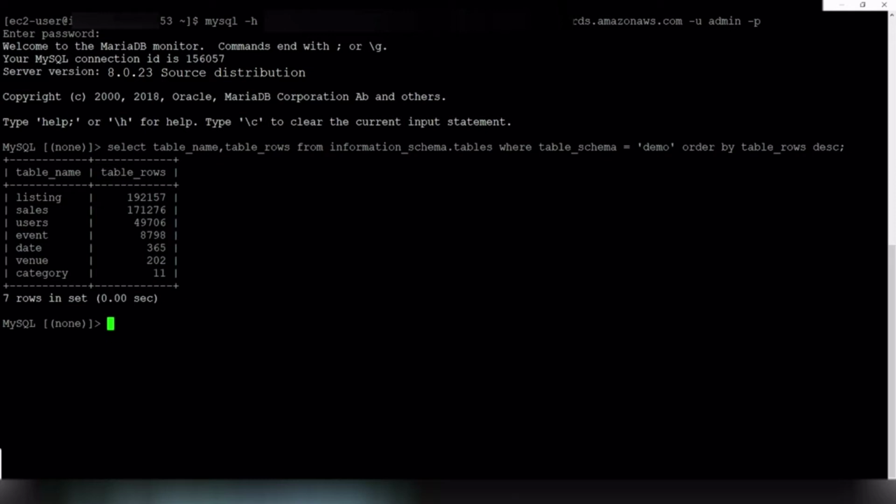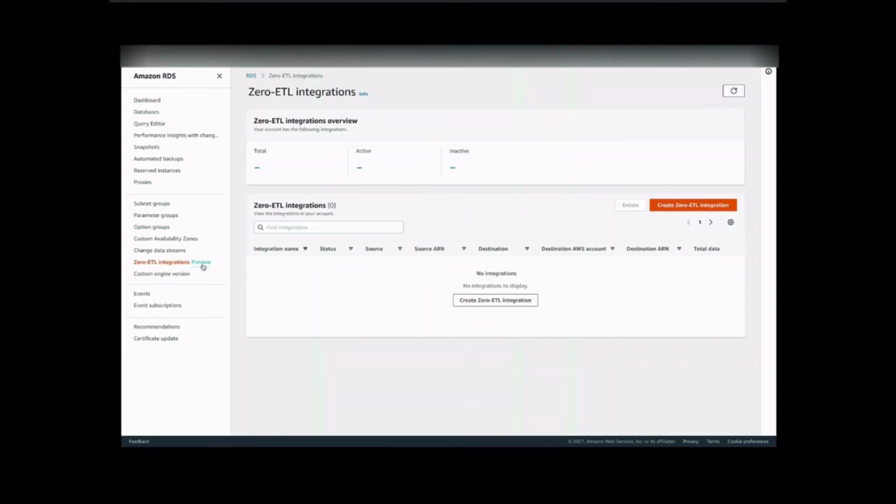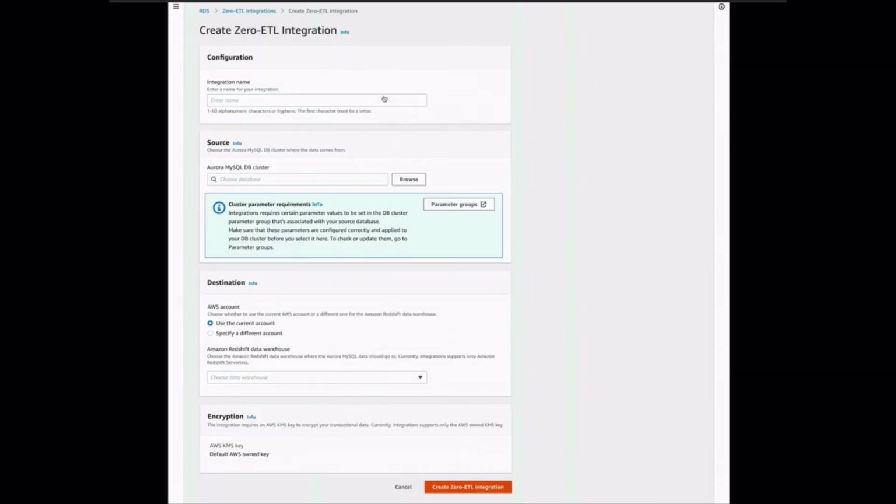Next, we're going to set up that zero ETL integration. So we go back to the console, and you'll see in the left-hand nav there's an option for zero ETL integration. Then we're going to click the orange Create zero ETL integration button, specify our source MySQL cluster that we were just taking a look at,